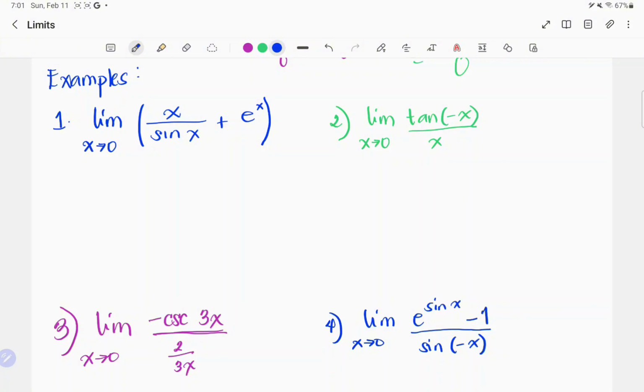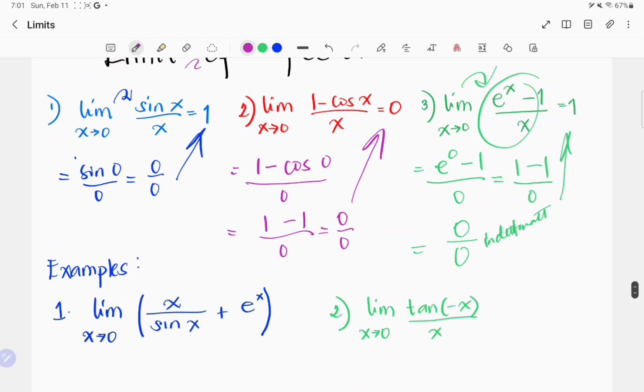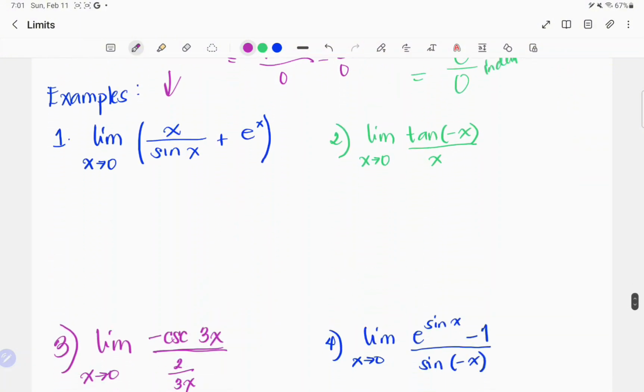Number 1, we have the limit of x over sine x plus e raised to x as x approaches 0. We know that the limit of sine x over x is equal to 1. Now, if you reciprocate this value, then we can also reciprocate the limit. The reciprocal of 1 is still 1, meaning if we reciprocate sine x over x and it becomes x over sine x, the limit is going to be equal to 1